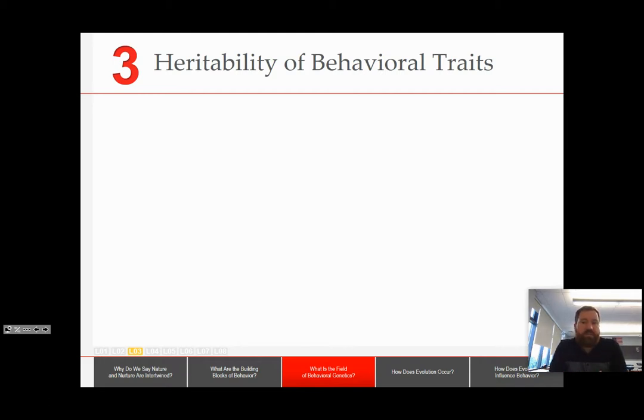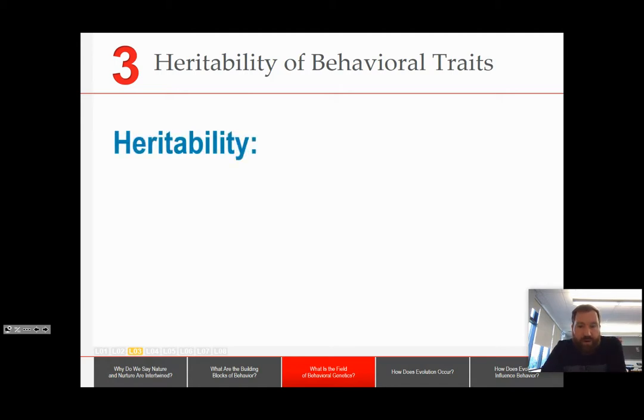But the question becomes more difficult when we're looking for traits. What about our actions, right? What about intelligence? Are these things related to our genetics? And that's really difficult to look for. So before people can go looking for the different traits or the different alleles that are associated with different traits, we need to figure out, is something related to genetics at all? Which means we have to demonstrate something called heritability.